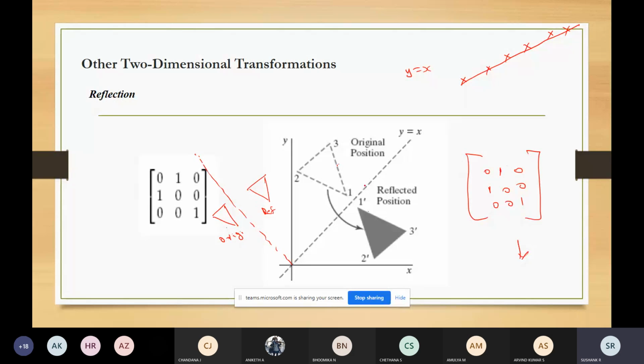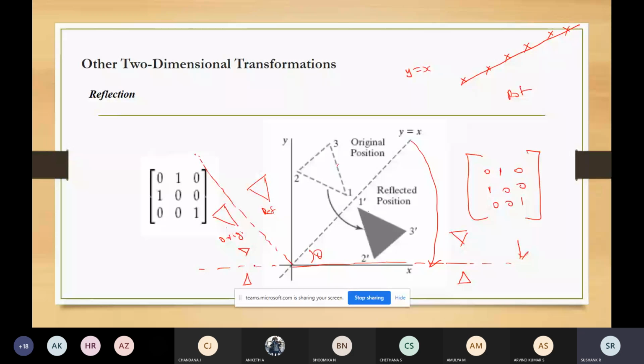In order to do that, the first thing is you should rotate this object by some angle theta, so that the object will come onto the x-axis. Now the object will be like this. After that, the first thing is rotation: the object will come from the line y is equal to x to y is equal to 0. After that, perform the reflection. Once you perform the reflection, it will come to this line. It will look like this.